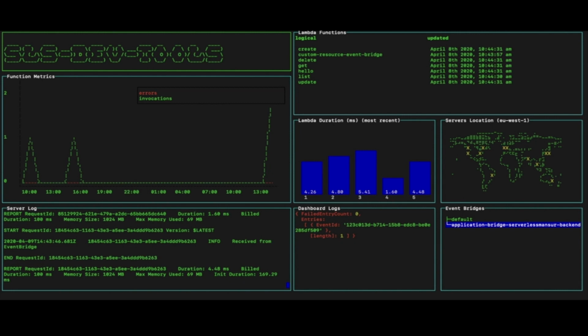Cool. So we're seeing that duration come through, showing the Lambda function has been triggered, giving us very fast feedback. And we're also seeing the logs are updating. Now the team are working on expanding this so it links into the EventBridge schema registry, so you can see the different event structures that are in your application, making that a bit faster.